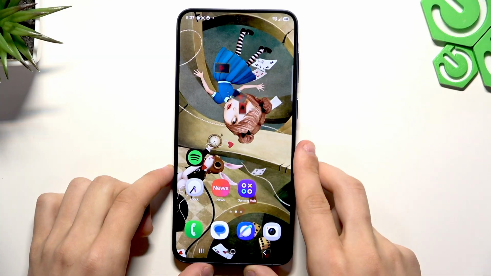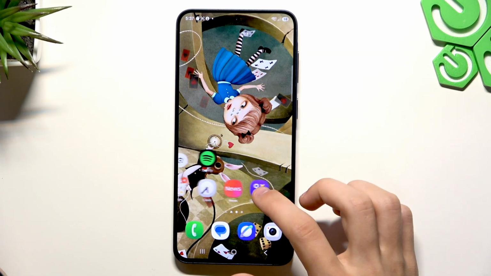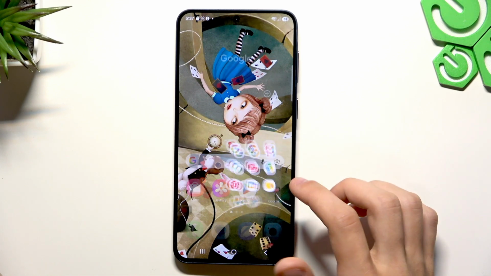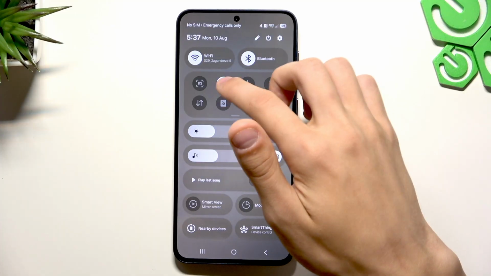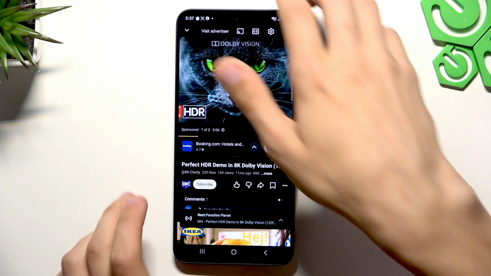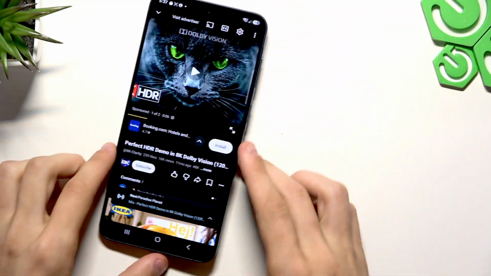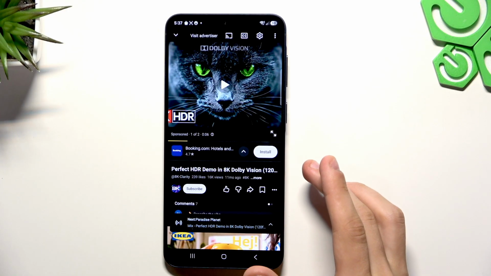So if that didn't work, whoops, sorry, something just fell. If that didn't work, there's another thing that you can try doing, which is to tilt the phone to test the gyroscope in different apps. So just maybe make sure that it's not a problem with the system phone rotation. We are going to go to, for example, YouTube, and once again try to rotate our phone like this. And if it doesn't work, we can try the next step, which would be to restart the phone